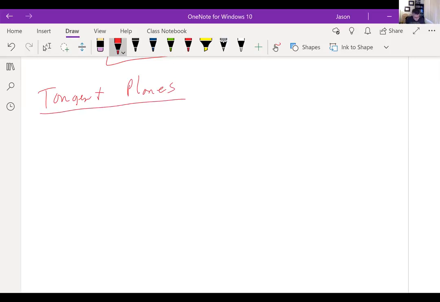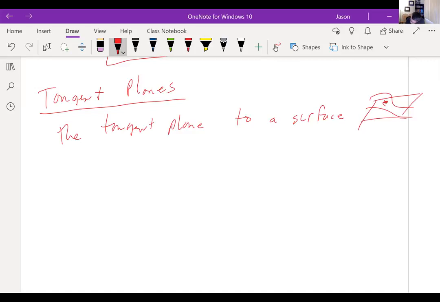Tangent planes. The tangent plane to a surface. So we have this surface, and then we have a point, and then we have a plane that's tangent to the surface at that point. The tangent plane to the surface contains the tangent vectors